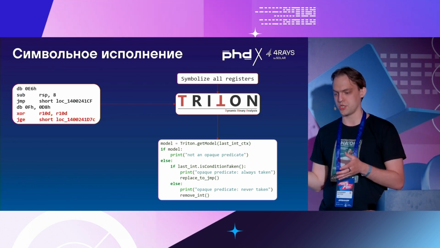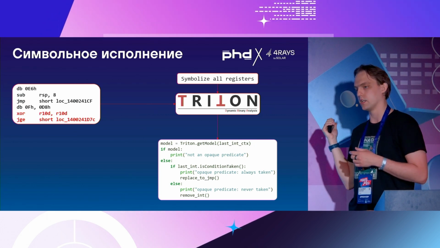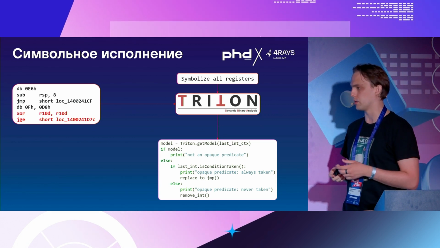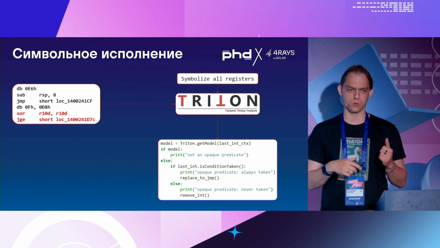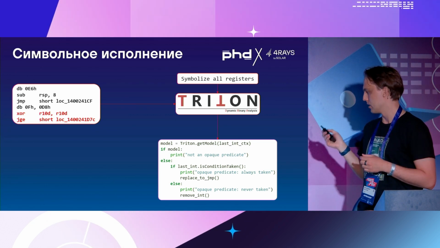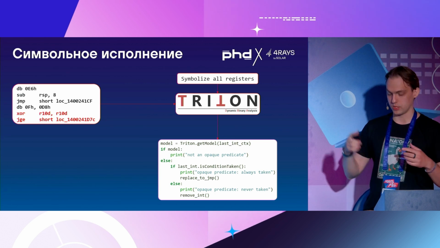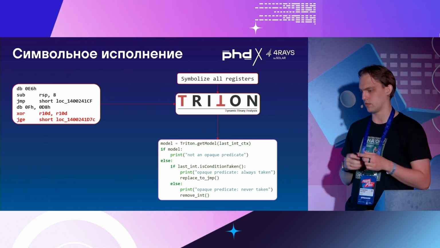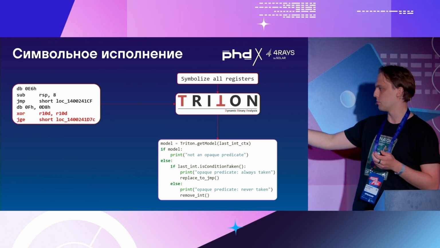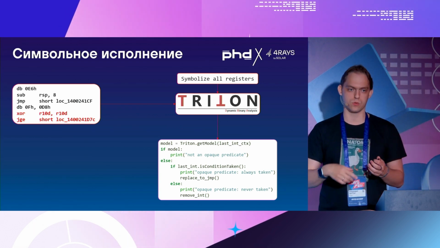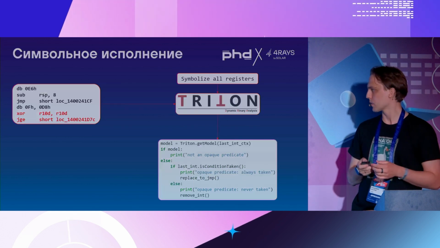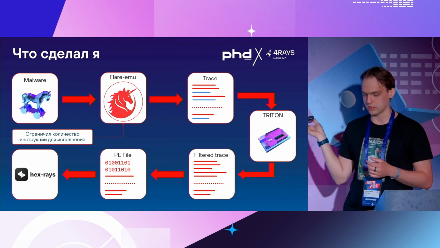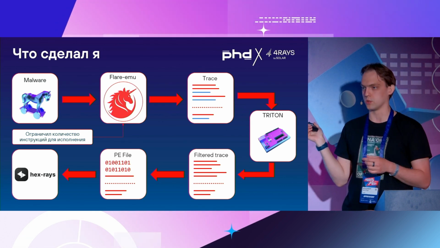To symbolize a register or some memory cell means that you tell a symbolic engine that it has to perceive that as a variable, and you can use some mathematical formula instead of that. After that, I execute that in Triton, and Triton would advise me whether there will always be a jump, and depending on the situation, I would either keep that conditional transition or replace it with an unconditional transition. Okay, we do have that rationale, that logic, and I built it this way